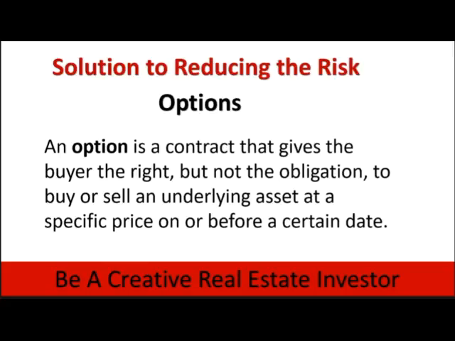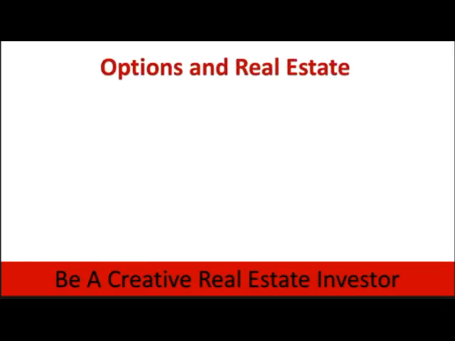So I could agree to buy your property from you at an agreed upon price at some point in time in the future. We both agree on that. We write it down. We now have an option contract, but I'm not obliged to fulfill it. So it's not a purchase and sale contract. A purchase and sale contract means that I've agreed on a price and a time to buy it, and I'm committed to buying it. An option means that I have the option to purchase it at the future price and time. So that's a big difference.